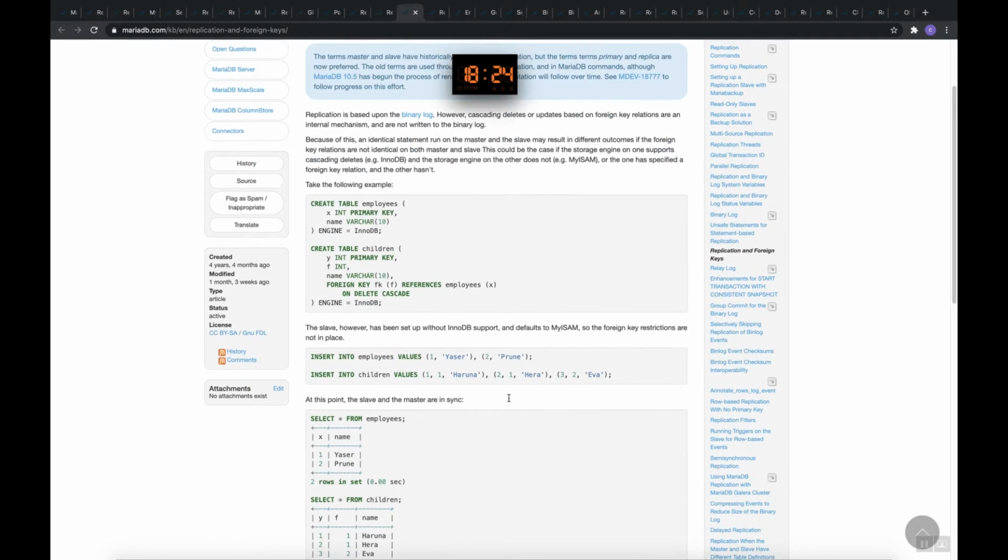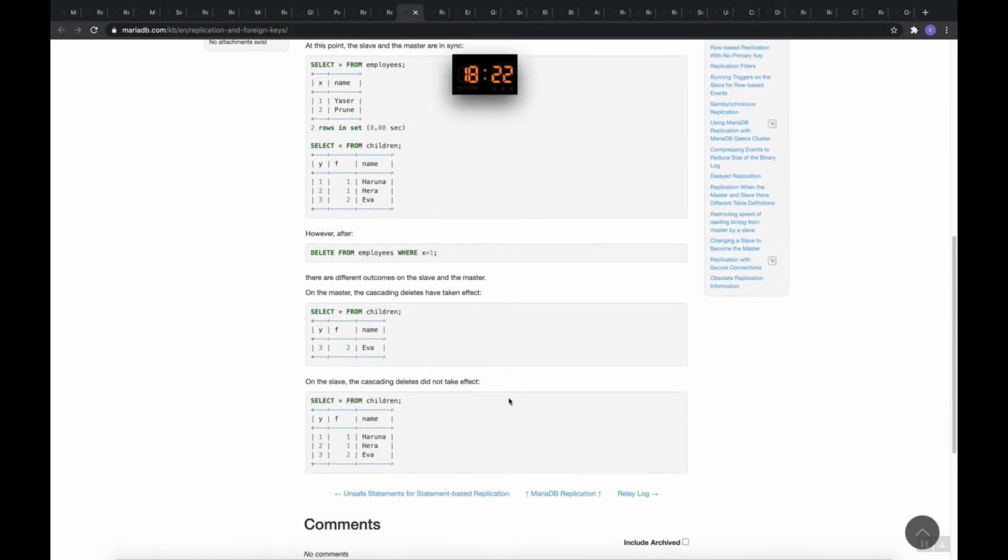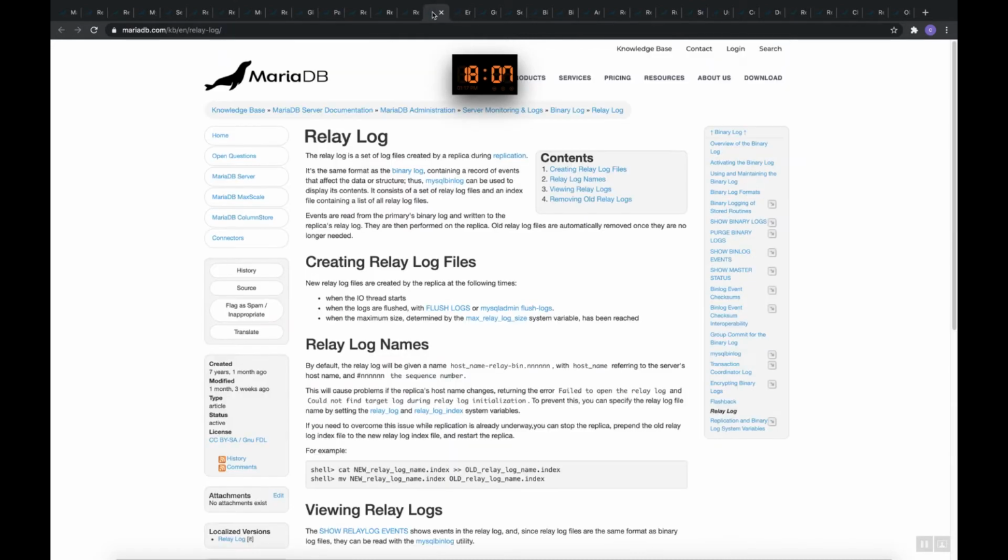So what it means is, with cascade, if I'm doing something on the primary, the event gets logged into the binary log file, but while it is replicated to the slave, those events could not get replicated because the cascade is not getting logged in the event log file.